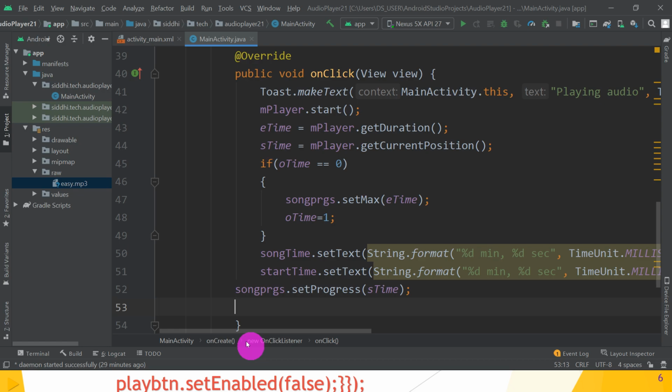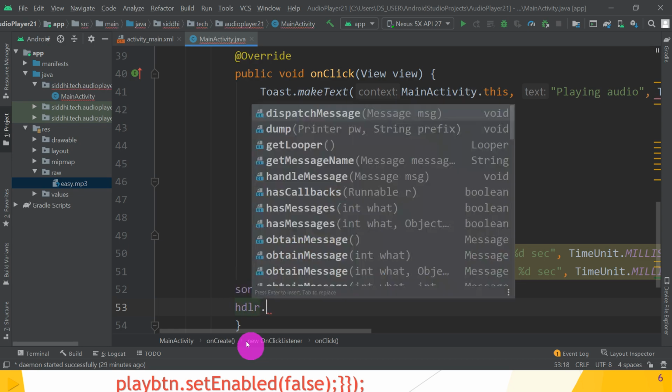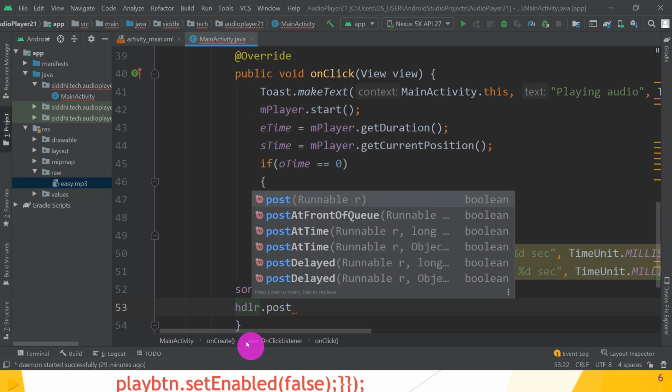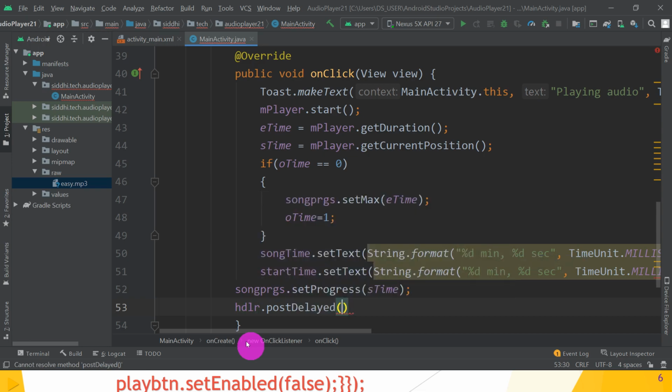Great. Great guys. Now it's time for the handler class. So handler, that is the object of handler class. Then post delayed method. So in the post delayed method, we have to pass the object of runnable and how much delay between the multi-threading, that is again and again call this same thread. So first pass the runnable object of runnable class. So post delayed, we have not created the runnable class object, so we have to create it first and then update it. So what is the name of that runnable object?